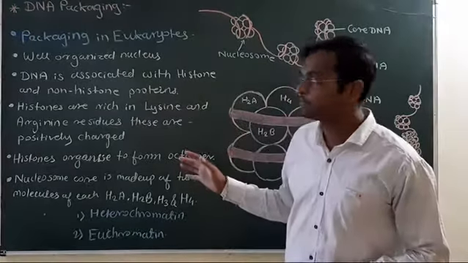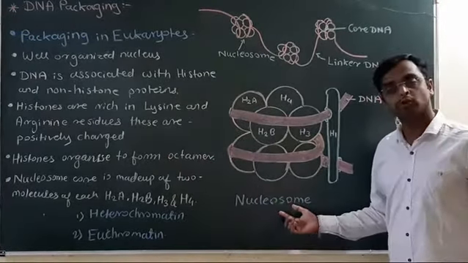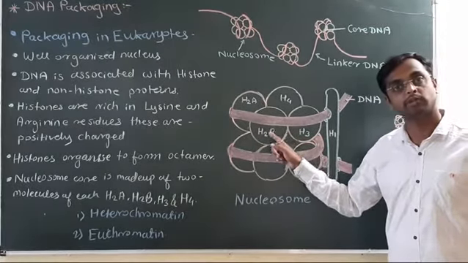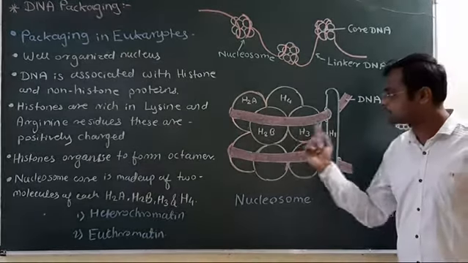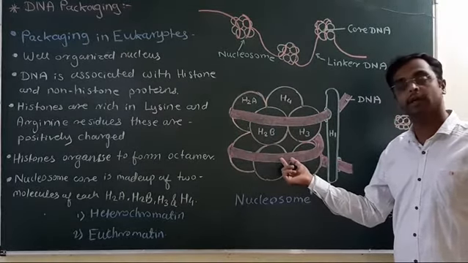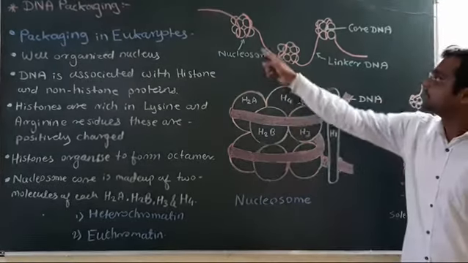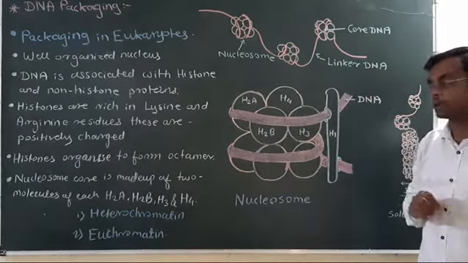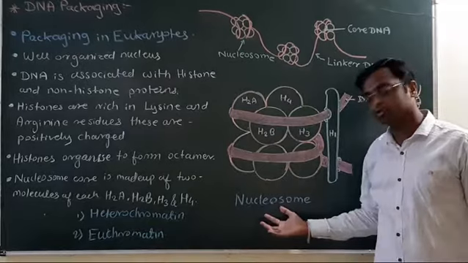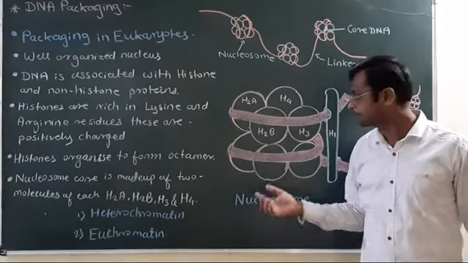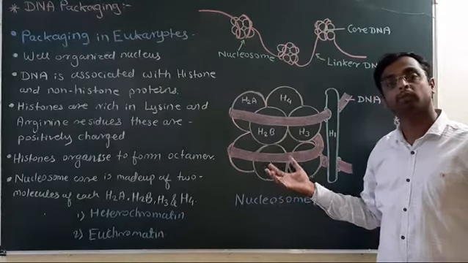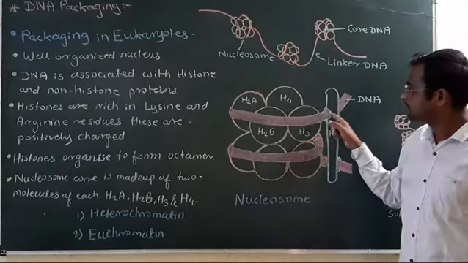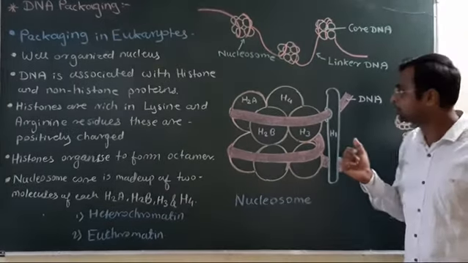Understood the packaging? This is the nucleosome, which is made up of 8 molecules of histone proteins. These histone proteins are positively charged molecules. 3/4 turns are wrapped around. This wrapped DNA is called the core DNA, and the DNA present between 2 successive nucleosomes, the link, is called the linker DNA. Total nucleosome contains 200 base pairs long DNA, and the wrapped DNA is about 146 base pairs. The H1 histone is present where the DNA starts wrapping and leaves the nucleosome core.